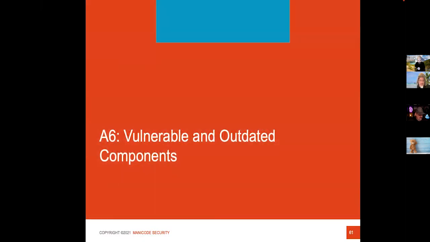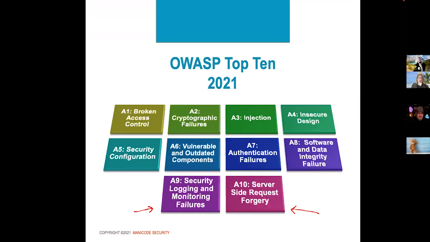Where are we? I'm in Northern California. I hear you're in Vancouver. But we're talking about the OWASP Top 10. You might be lost. I'm a little lost right now. Let's get our bearings. We've discussed broken access control, crypto failures, injection, and insecure design with Mark, and Mr. Cohen and I all talked about security misconfiguration. We're going to look at A6 now, which is vulnerable and outdated components.